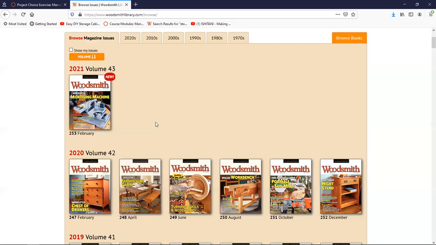In other words, I give students some feedback on the projects they listed on the sheet so they get a better idea of where my head is and what my expectations are and what I feel a student is capable of based on what I've seen from them in the past, so that they can do a better job of choosing the actual project they're going to make, okay? So that's the whole idea of going through these magazines and looking at different projects and writing down different projects. So all we're doing here is showing you guys the basic process, how we go about picking projects,